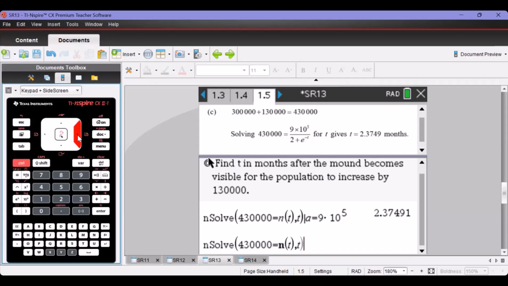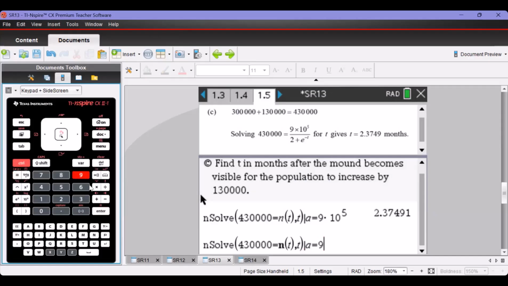You can go back and reassign it with the value of A, and you don't need to enter this. That's quite a reasonable exam tactic. So here now what we want to do is we've got the with or the given key, and then we want A. We're going to press control equals, and then navigation pad to the left to highlight the with or the given symbol, and then we'll type in A equals, you can either do 900,000 or 9 times 10